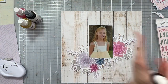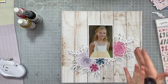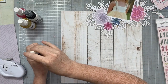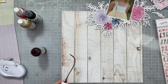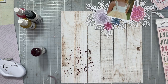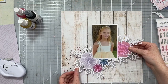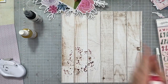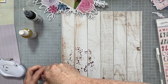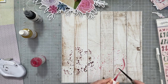And you know, I just used those planks of the wood grain to help me know where I needed to splatter. So we are going to splatter like there is no tomorrow. I'm starting with Moody Mauve. I am splattering a lot because I want the splatter to come up behind the cut file, and it's going to look like a gigantic mess, but then once I put my photo and the cut file down, you'll see how the splatters just kind of come out of certain areas. So I'm using from Shimmerz Moody Mauve,